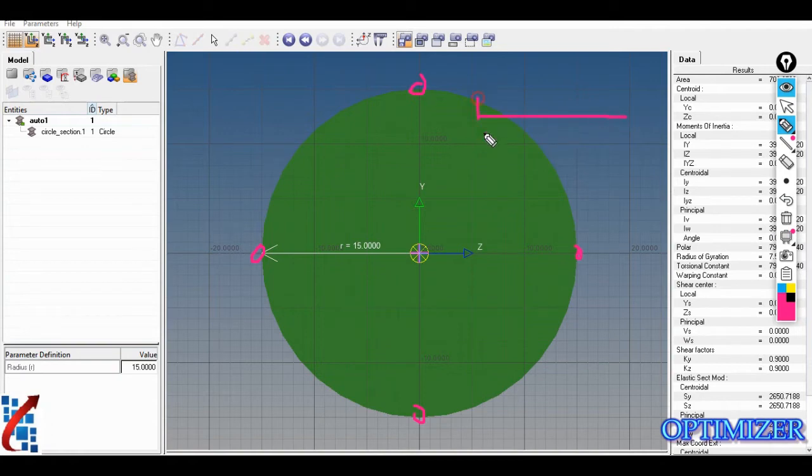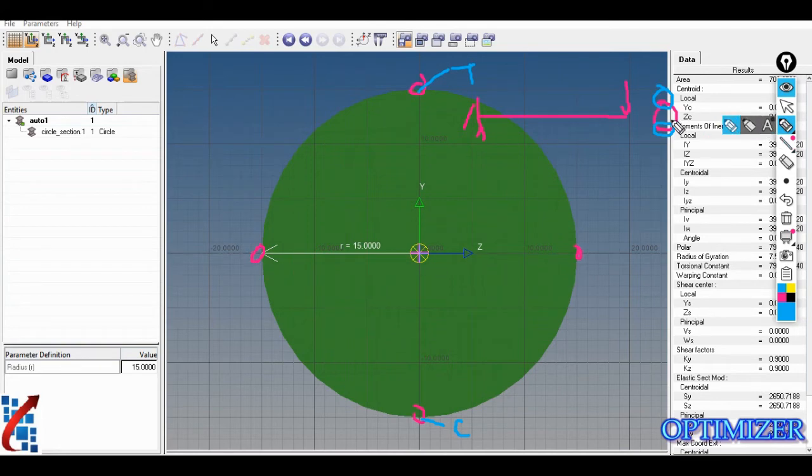Suppose we have a problem like this, and we have applied force here, and the cross-section area is like this. Whenever force is applied, at this top edge tension is going to be created, and at this bottom edge compression is going to be created, correct? So at this position tensile stresses will be generated, and at this position compressive stresses are going to be generated.